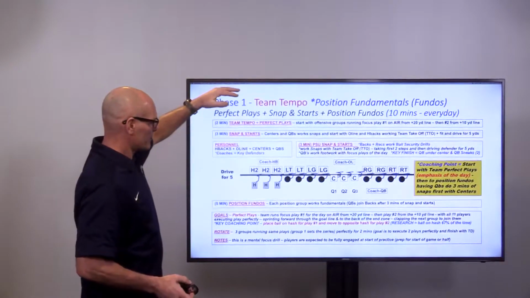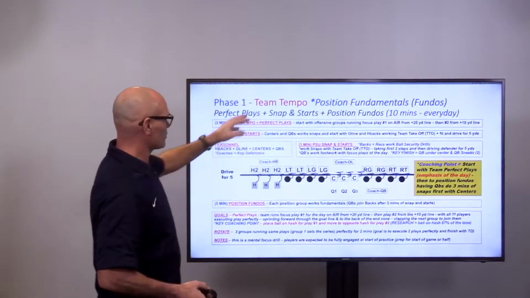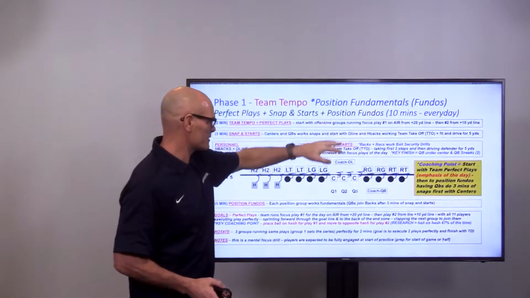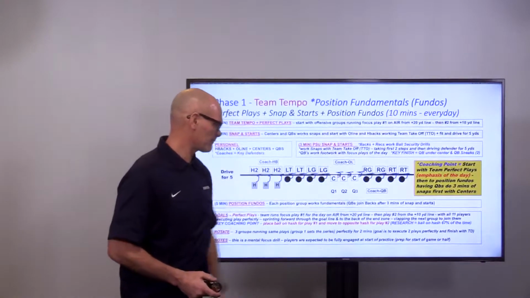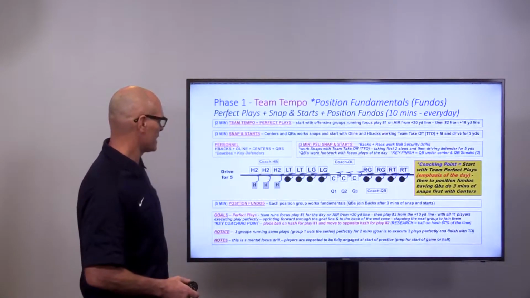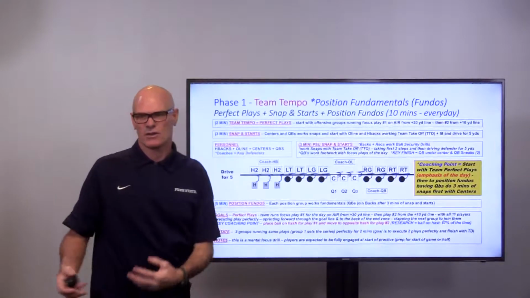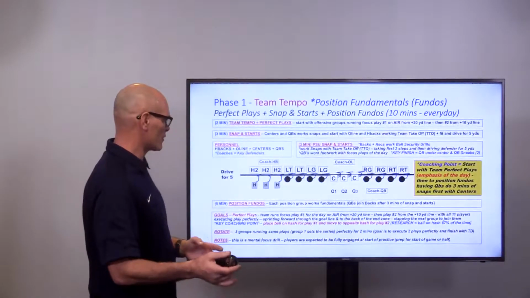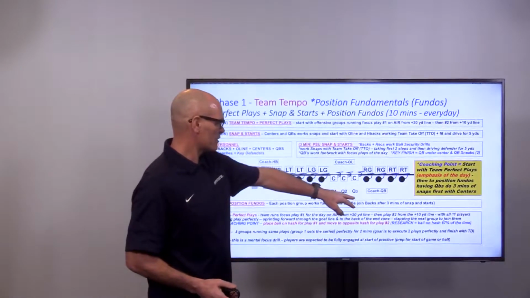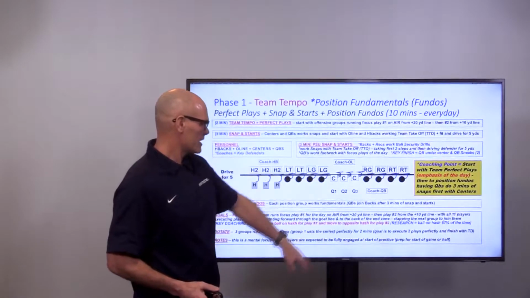Number 2 then, after that screen and score, it's great to go right into what we call a team tempo to do our position fundamentals. So one of the things I like to do with the line is they all just get paired up at their positions all across the line, and they just fit and drive. So you can see here we're using our inside zone technique. We'd all be going zone right. We're going to have the center snapping to the quarterbacks here for the first 2 minutes,